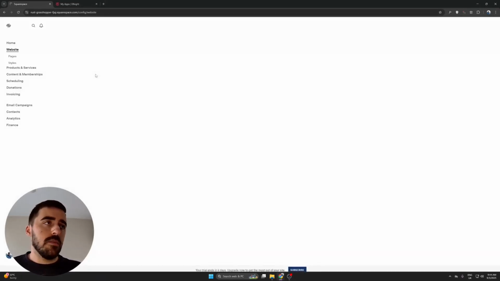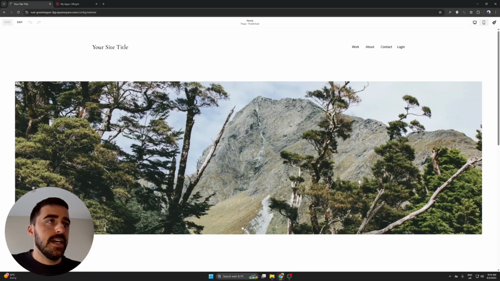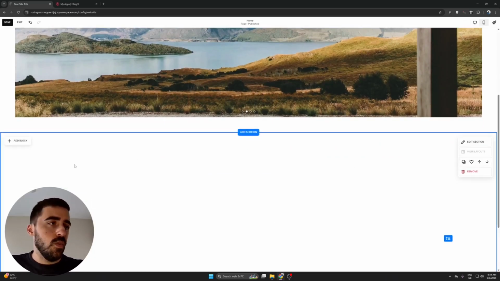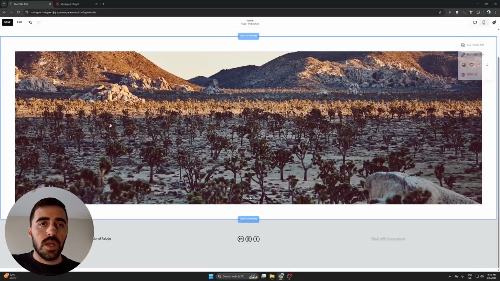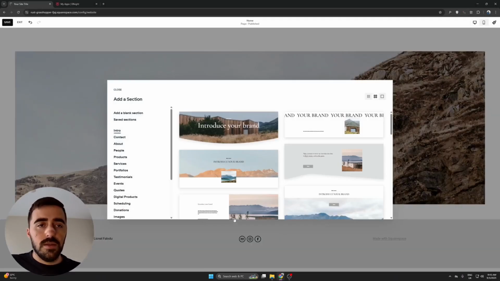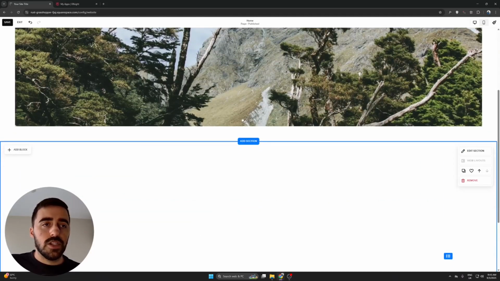Now, as you can see, I'm already in my Squarespace website here. I'm going to click on edit to go into the actual editor, and then I'm going to add a brand new section, which I actually already have. This is for another widget. So I'm actually going to just delete this section quickly like that and show you how to add a new one, just in case you don't know. So I want it at the bottom here. I'm going to click on add section, and then I'm going to click on add blank section. And then you'll see a blank section added to the bottom